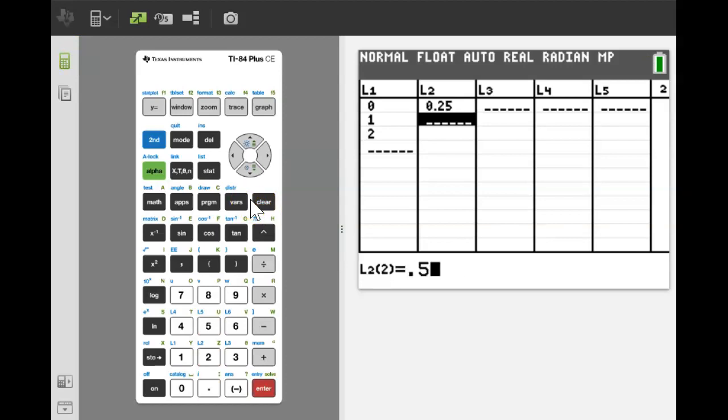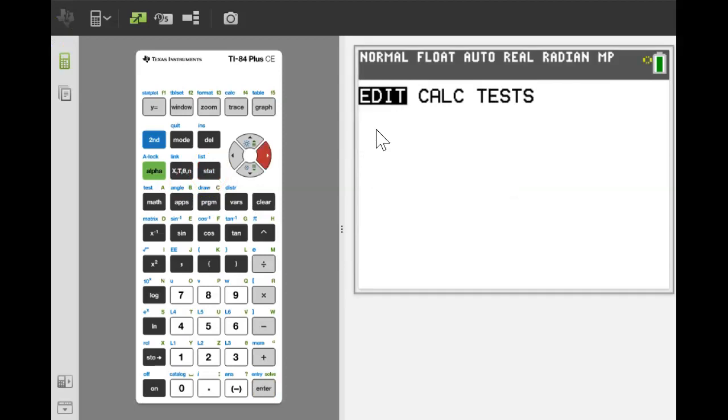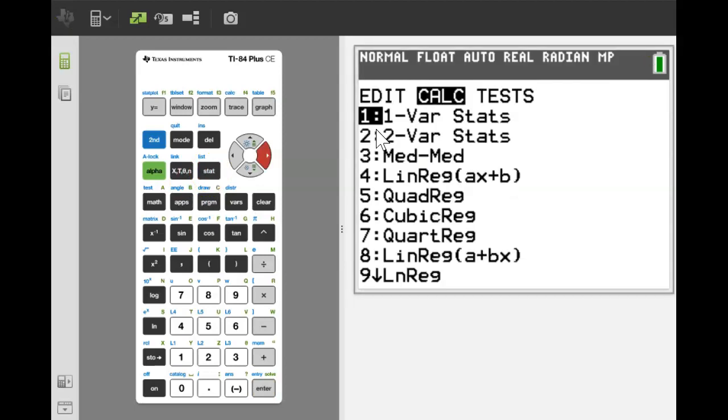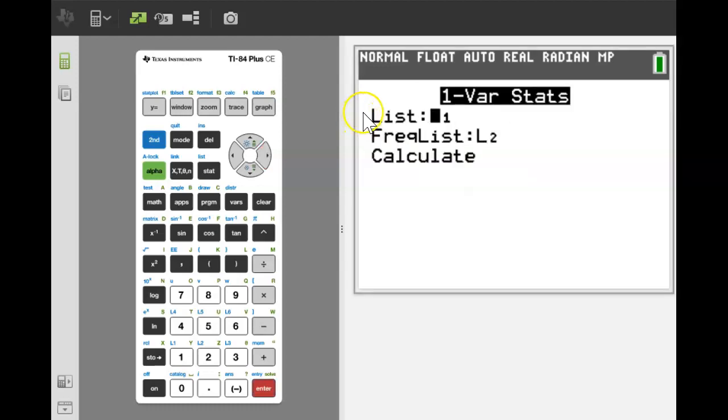0.25, 0.5, 0.25. Now go to Stat again, to Calculators, click 1, or 1-Var Stats, Enter. In List, you should have L1. In Frequency List, put L2 if you don't have anything here.